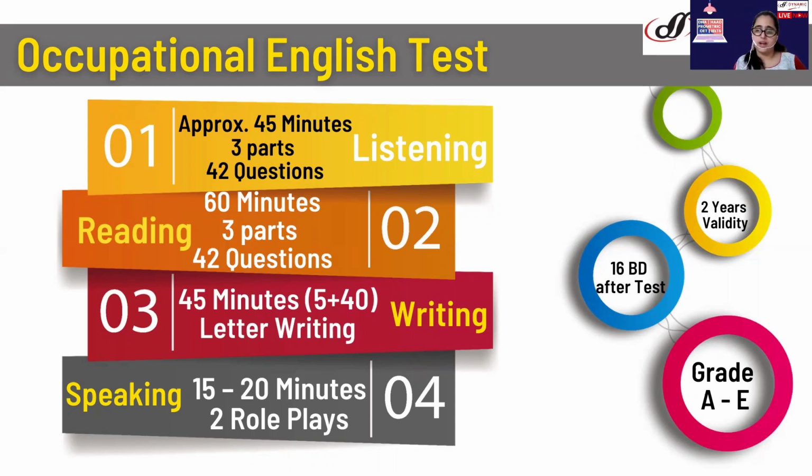The marks here are not in number form, but in grade form: A, B, C plus, C minus, D, and E. Majorly, if a student is asked what the basic percentage or basic marks is, many students will say triple BC. Well, you're right. Triple BC is a correct answer, and that's the minimum. You can say it's average marks, but we always ask our candidates to focus on A. Why not? Give a try to A. I mean, you deserve A, and you can do it. Sorry. So this is a small overview of OET.